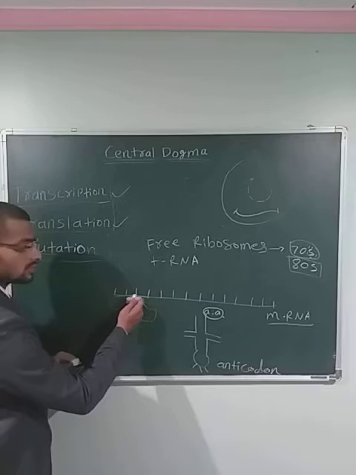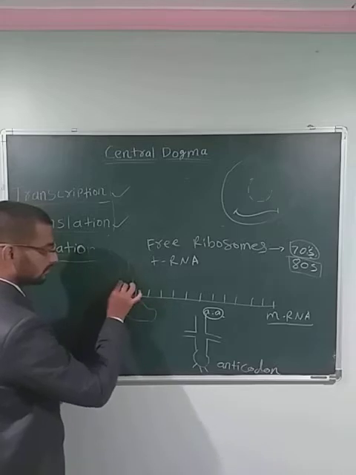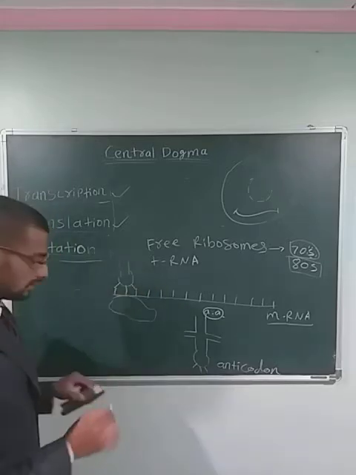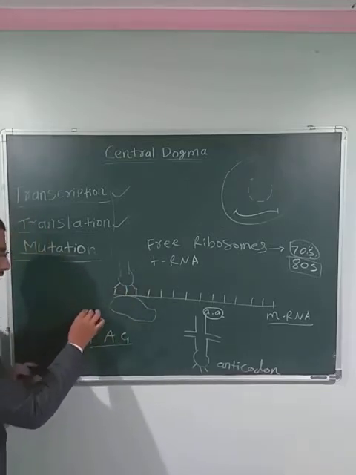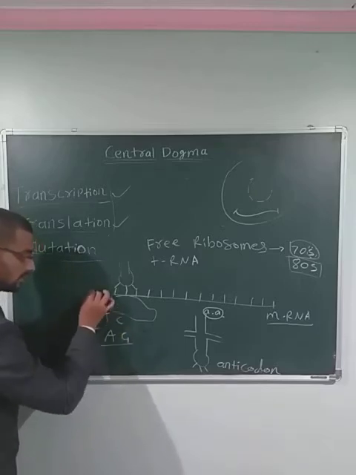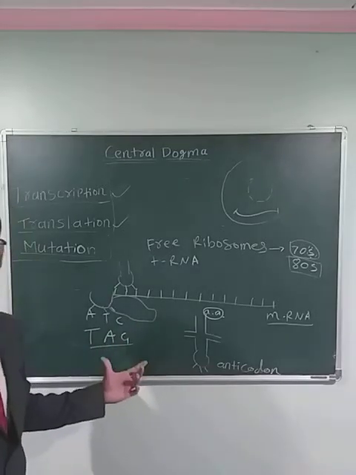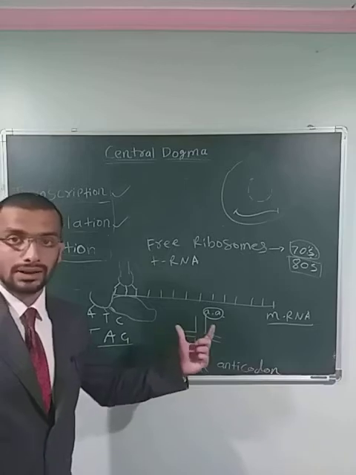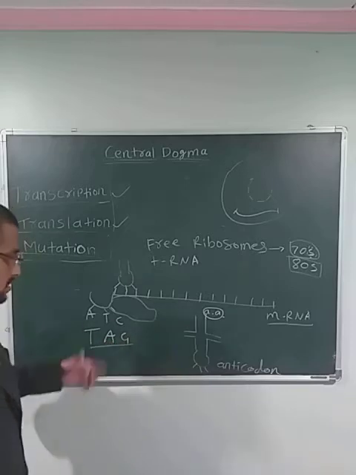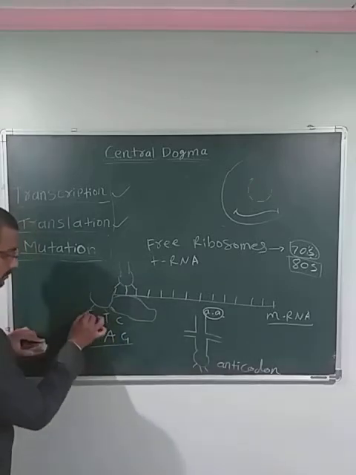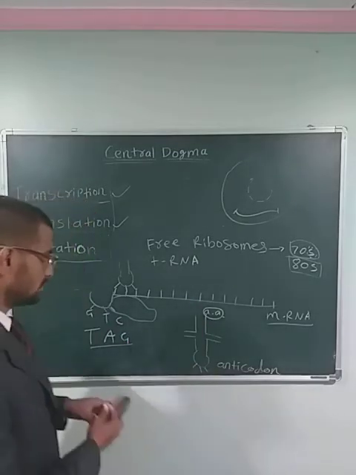The small subunit will attach to an mRNA. The tRNA whose anticodon will pair up over here. Say, TAG is a sequence of an mRNA. The ATC, the anticodon, should be present on the tRNA. Then only it will attach to a particular mRNA codon. We are reading the codon in triplet form. So it has to pair up in a 3 nucleotide sequence, a triplet codon. If it is not like this, it will not pair up or attach to a particular mRNA sequence.